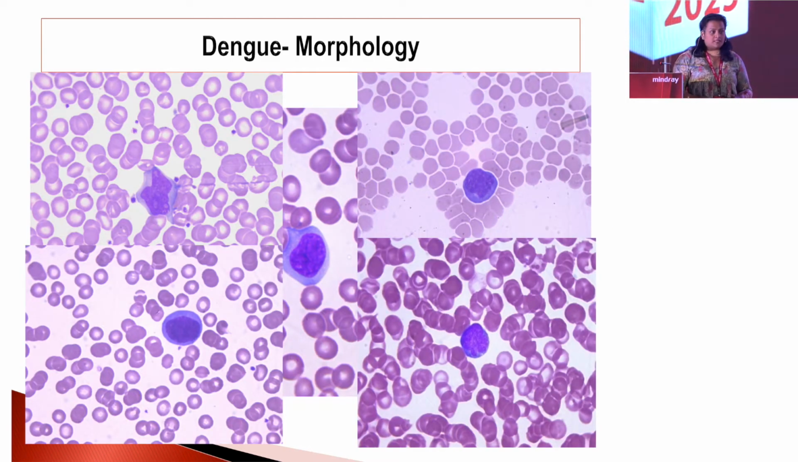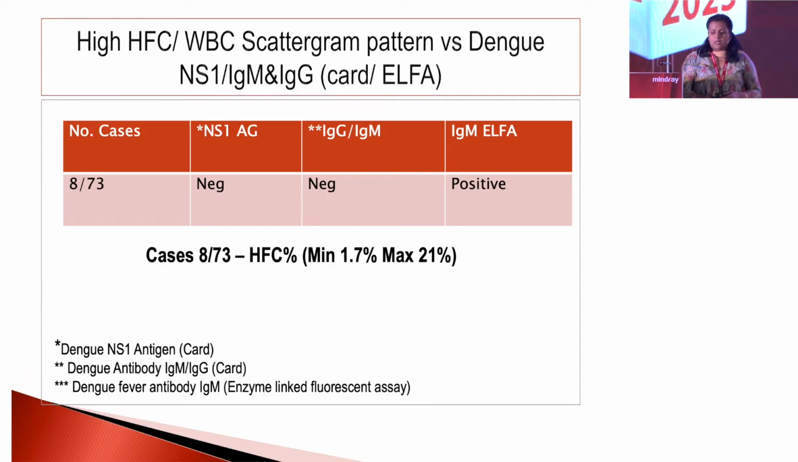Now, morphology-wise, it was predominantly the type 3, but we would see type 1 and type 2. It was mostly the bluer and the more immunoblastic type. Now, 8 out of 73 cases, when NS1 antigen and IgM IgG by card was done, it came negative, but it was positive on the sensitive platform. In these cases, our HFC was high and the typical scatter pattern was there. So when we saw this from the lab side, and we saw that the NS1 antigen and the card IgG, IgM came negative, we had asked them to follow it up with the sensitive platform because we went by the pattern